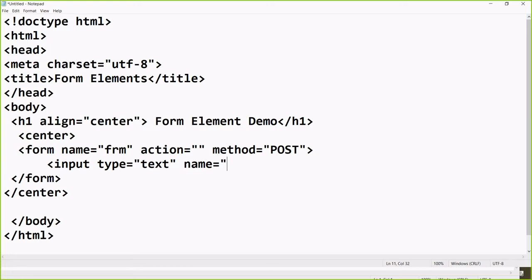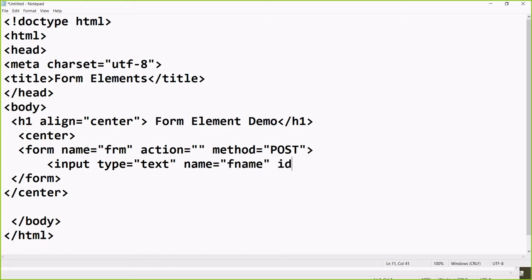Okay, so this is again, I can say, two things now: one is called a declaration, another is called a definition. Whenever you are defining a value, like in C programming you define int a equal to 10, the value 10 will be stored inside a. So whenever you call a, the value 10 is there, right? Same way here, at the place of the name, whatever name you write for the input box, with the help of this name only you can pass the value. So I think you got the idea what the purpose of the name is. So, fname.